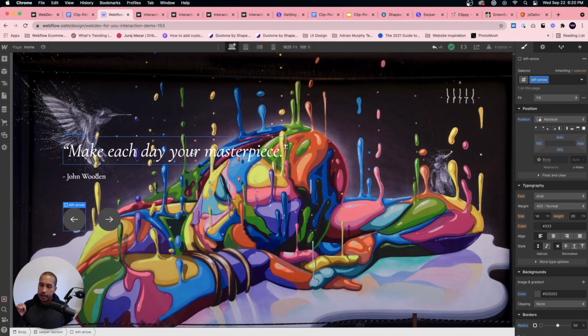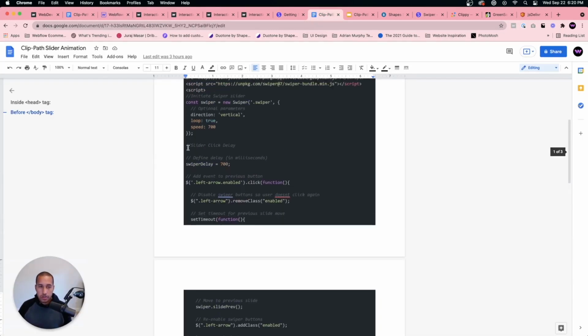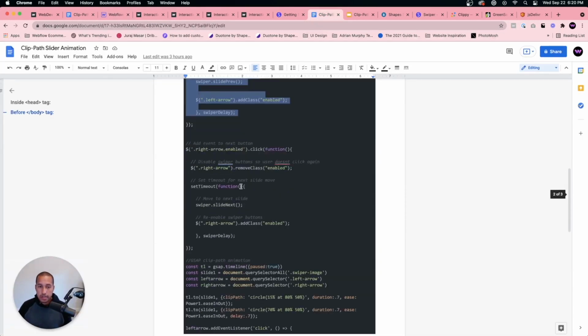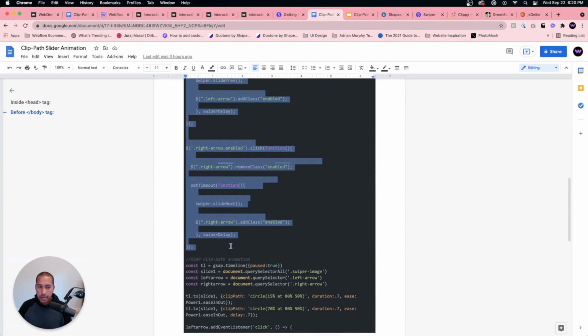And now I want to add that click delay code. So when I click on each arrow, it changes the slide, and then it adds a delay of 700 milliseconds. And these arrows will also trigger the Greensock animation of animating the clip path. All right, so let's go and get that code. That code is right here. So slider click delay, if I copy this, and right before the GSAP animation, I'll just copy this code, and